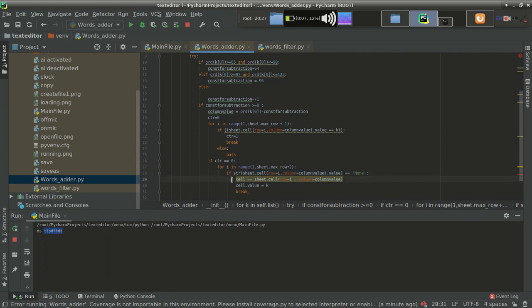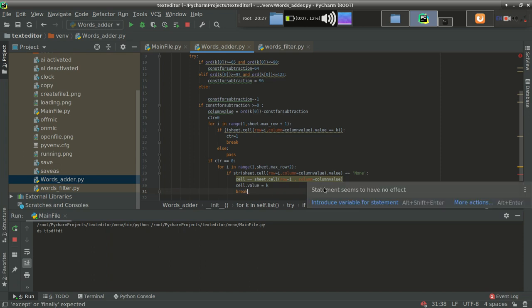So I simply fetch the cell first, hit that cell using this syntax, and after that I'm adding a value to that cell, that is k. You can see from here. And if the value has been added, then there is no need to traverse further. So that's why I have added the break syntax. So this is the concept.